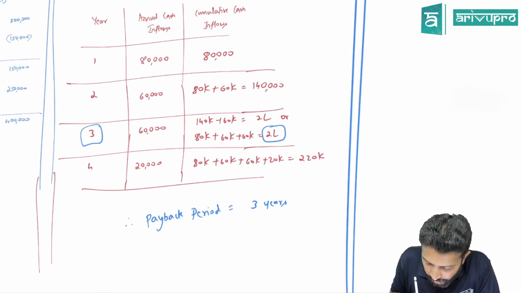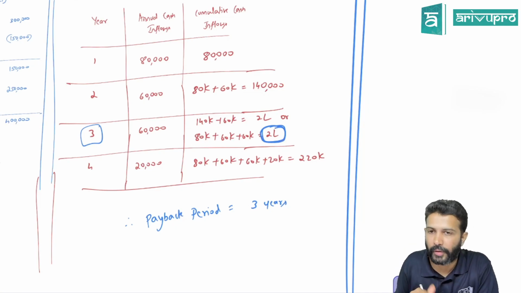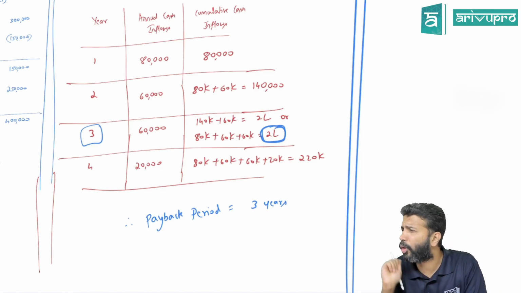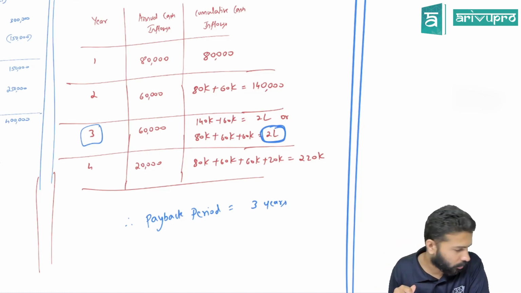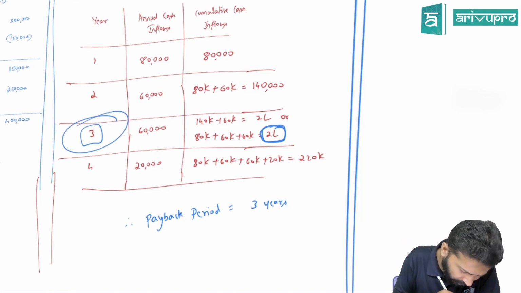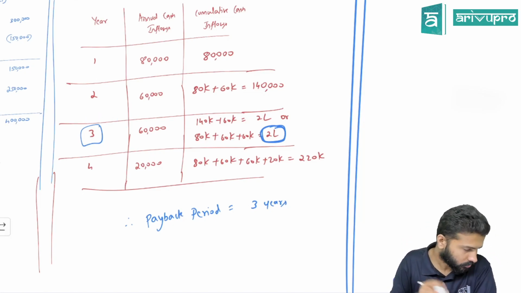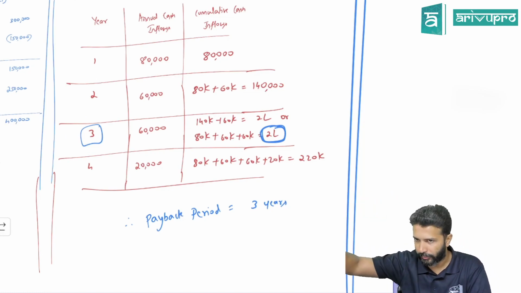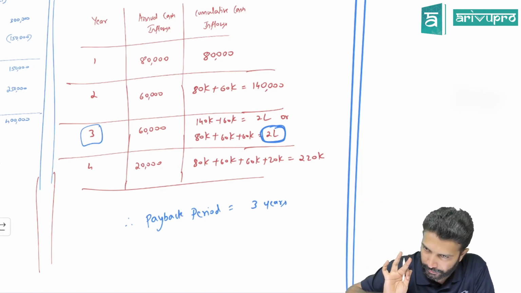Sir, third year, how much is your cash flow? 2 lakh. Okay. Is your initial investment 2 lakh or a little more than that? A little more than that, because our initial investment is 2,05,000. That means, are we able to fully recover in the third year? No. Recovery is happening by the end of the fourth year. You are able to recover everything, but that does not mean 4 years is the payback period.